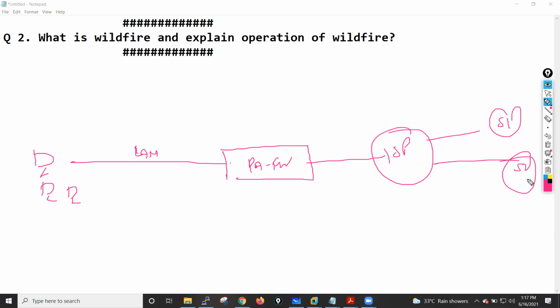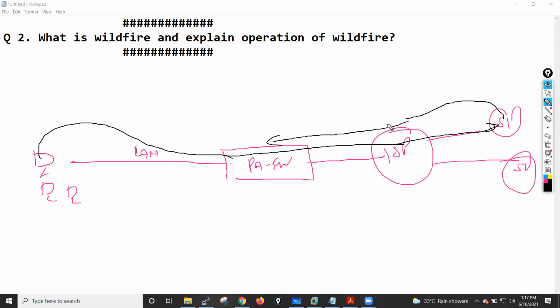Now, let's suppose this particular PC is trying to download some kind of file from this server. When this file reaches the firewall, what happens? If we have configured WildFire on my firewall, it will process this particular packet through WildFire analysis.